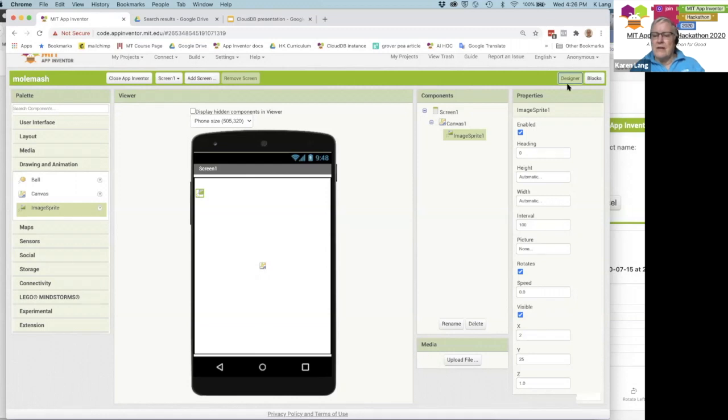Please show the designer for this, or for the countdown for this one. So this is just a simple canvas with an image sprite on it. And so if you're doing something like mole mash and you're just testing if it gets touched,